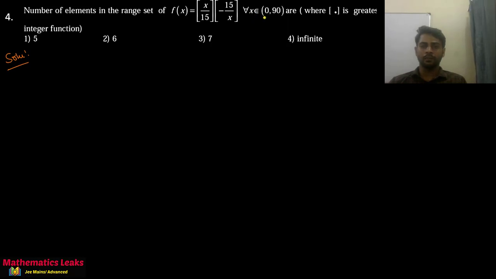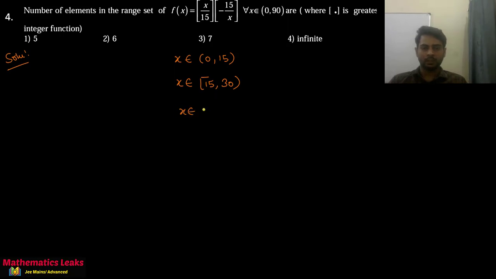in the given interval x belongs to the open interval (0, 90), we will divide at every point where any one of the quantities can become an integer. If you see the first quantity, x will be divisible by 15, meaning it becomes an integer. So at all the multiples of 15 in 0 to 90 we will break the entire interval. So we can say when x belongs to the open interval (0, 15), or when x belongs to the closed interval 15 to open interval 30,